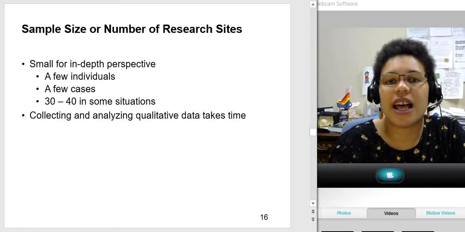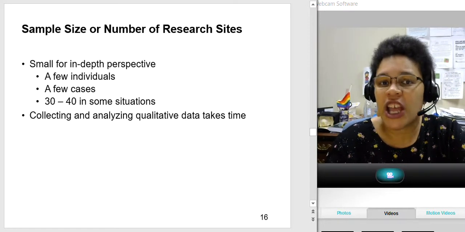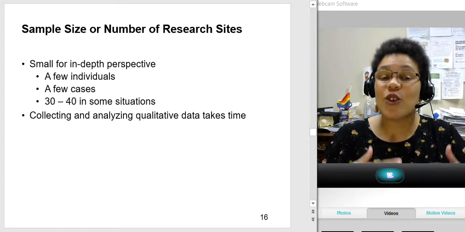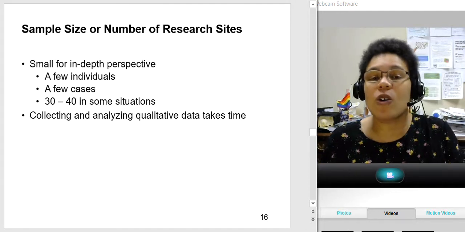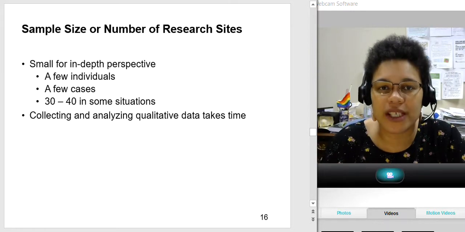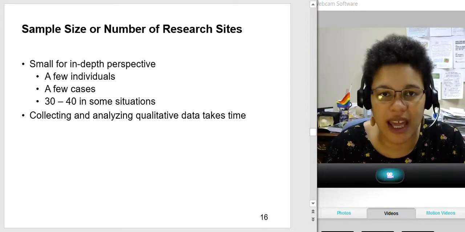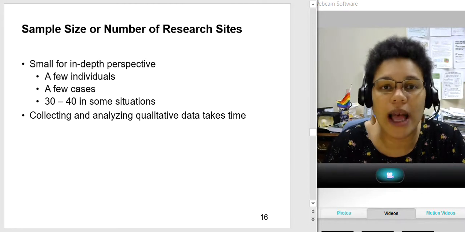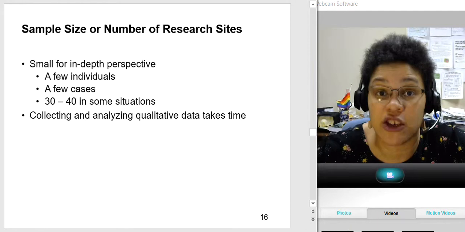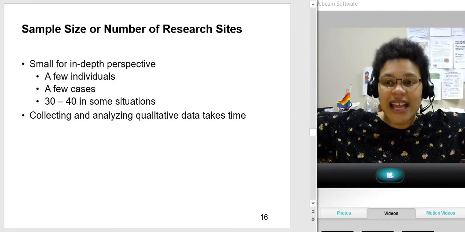And often in a lot of professional research, if your job title doesn't have researcher in it, if your research is part of your job but not the whole job, then you're really going to be focusing on just a few individuals, just a few cases. Okay, done well, that is all you will need, because your goal is to understand your phenomenon. It's not to generalize to everybody,